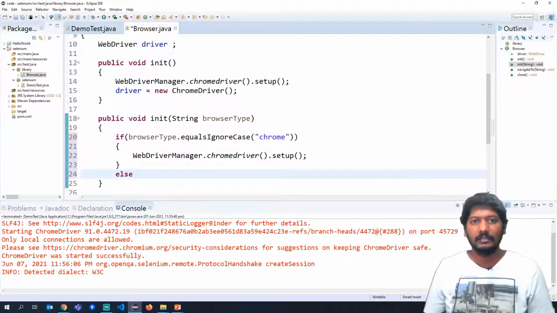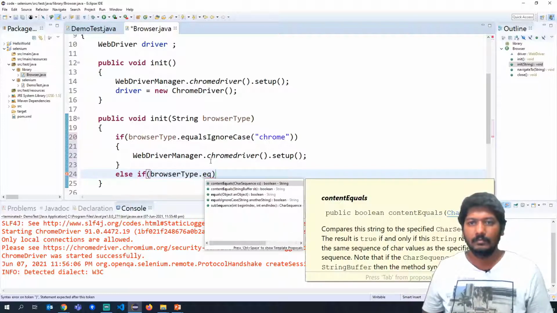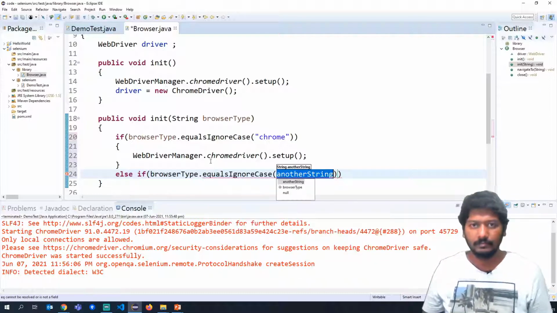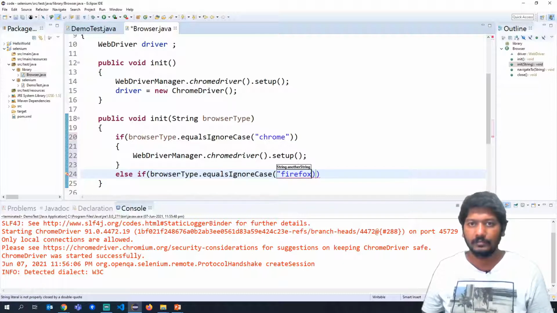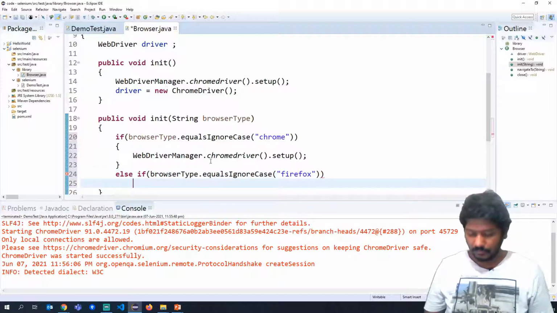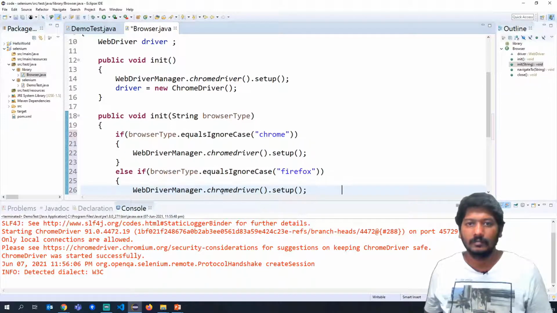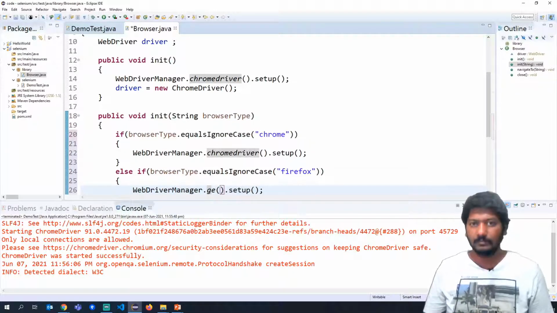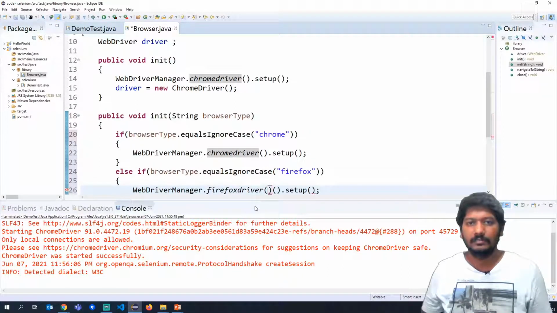Now similarly I will write for another browser. Here I will give Firefox, and for Firefox we have to write Gecko driver or Firefox driver. It is Firefox driver, correct, Firefox driver.